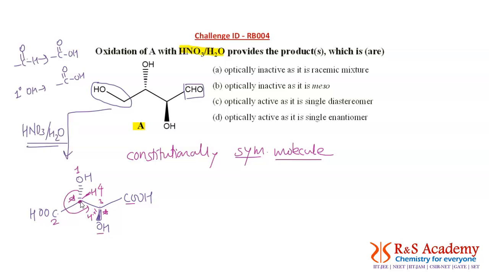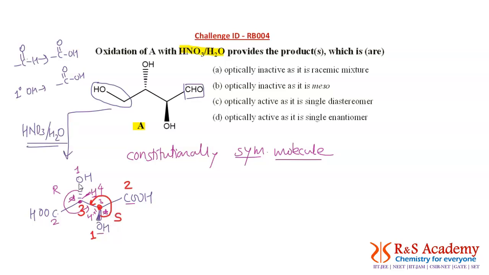So for this carbon, since it is an anti-clockwise direction and the fourth priority group is above the plane, the final answer is going to be R for this center. Checking the other chiral center, first priority is OH, second priority again COOH, third priority is the other group, and fourth priority is hydrogen, which is below the plane. Again the direction is anti-clockwise, but hydrogen is below the plane, so it is S configuration.